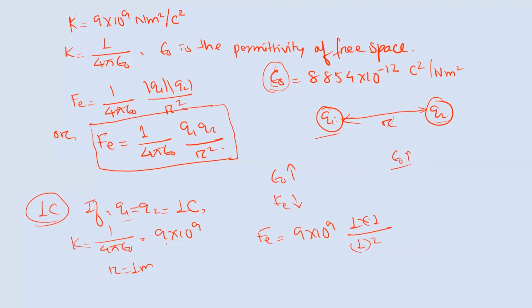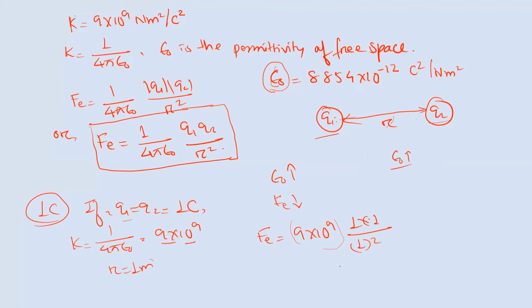K is equal to 1 by 4 pi epsilon naught. It is 9 into 10 to the power 9. And the separation between the two charges I have taken is 1 meter. So I can write the electrostatic force Fe is equal to 9 into 10 to the power 9. So you can say that when the two charged bodies are separated by unit distance and the force is 9 into 10 to the power 9 Newton,